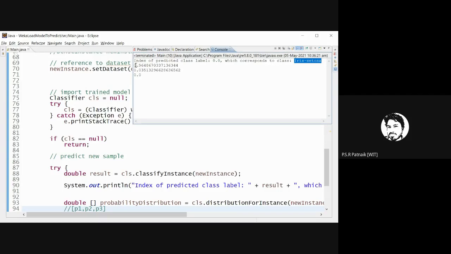Now this is the probability with which it thinks that it belongs to class Iris Setosa. Remember, as a machine learning engineer, getting a prediction is fine, but as a true machine learning engineer, you have to explore the probability. With whatever probability the ML model says this instance belongs to Setosa, that probability has to be high. If during testing it tells you with very high probability, it indicates that my ML model was well trained.